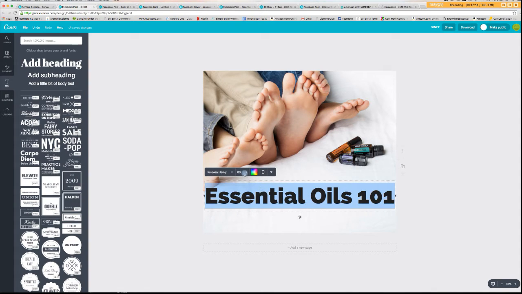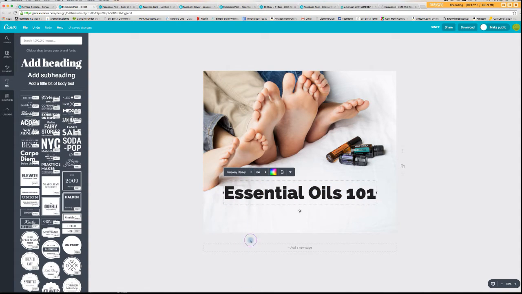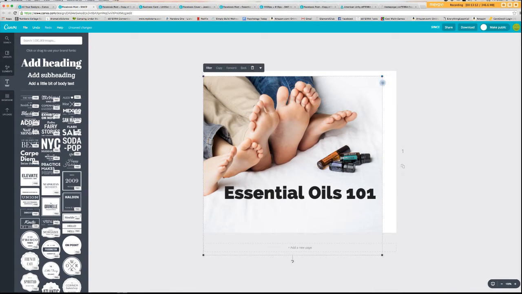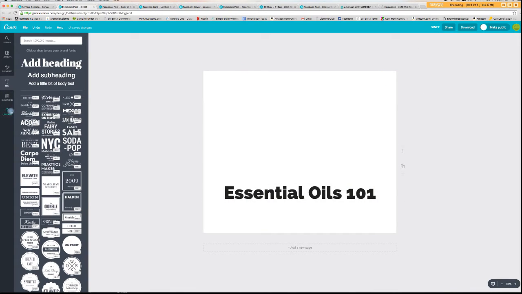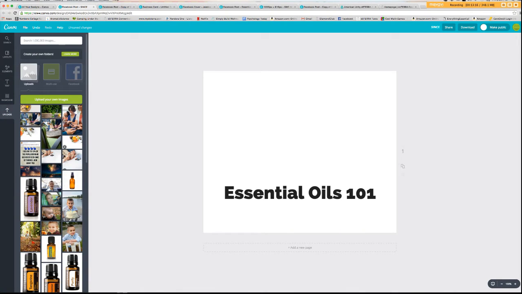We can see that's a little big. See there, I went highlighting it. I'm going to bring that down until I feel its weight is right for this. You know, this isn't cropping the same as it did on my other one. I think, so this is the pre-made square of a photograph, and you can see I can only make it get larger and smaller. I'm going to go ahead and delete my photograph, go back to uploads, and remember how